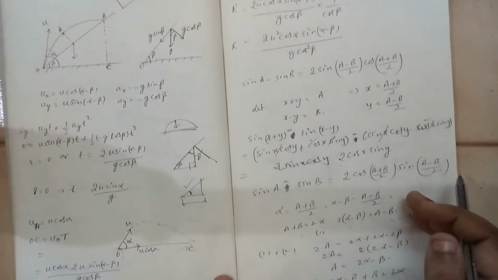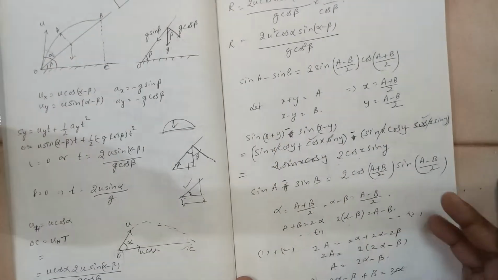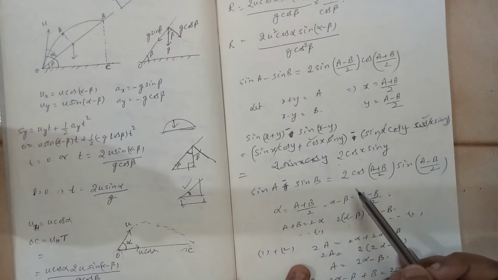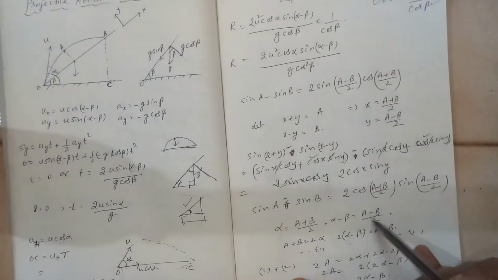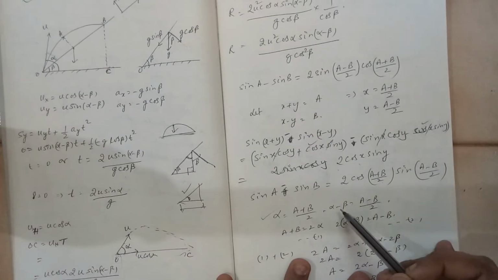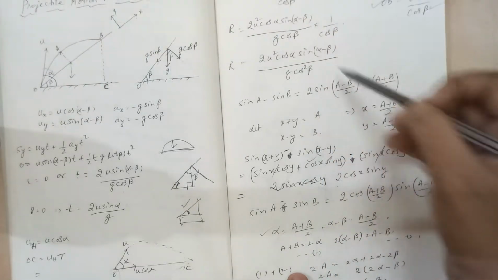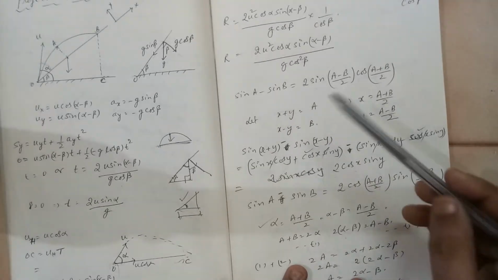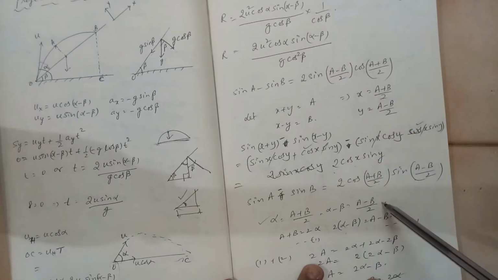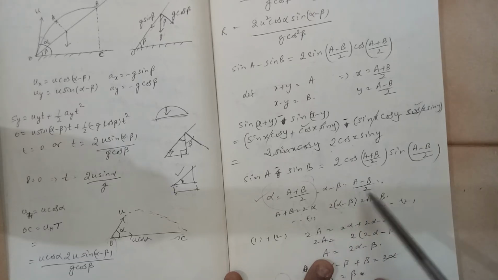So in our case, we have to apply this formula. Let us say it has to come in this format. Alpha has to be (a plus b) by 2, that is what I have taken. And alpha minus beta, because we are just comparing these two equations, will be (a minus b) by 2. So from here you get a plus b is equal to 2 alpha, and here, cross multiplying, 2 into (alpha minus beta) is equal to a minus b.